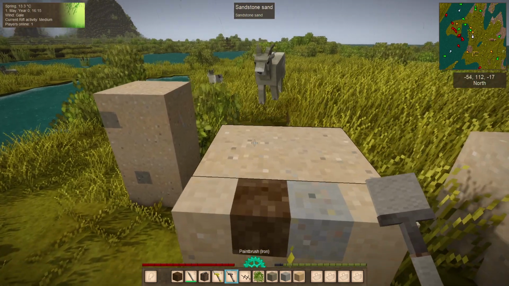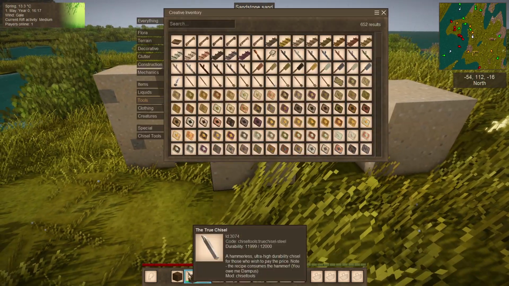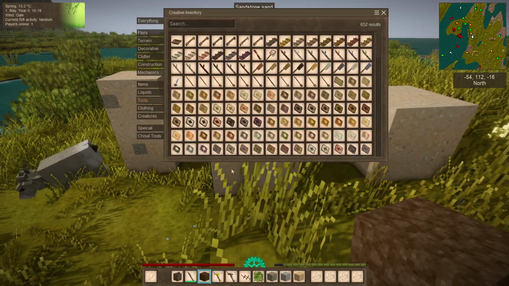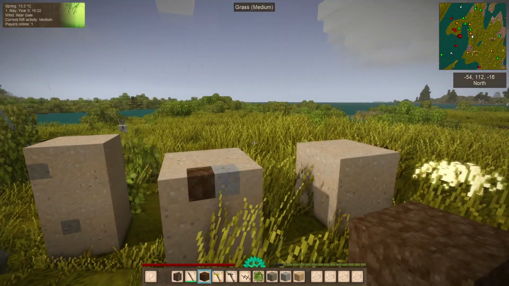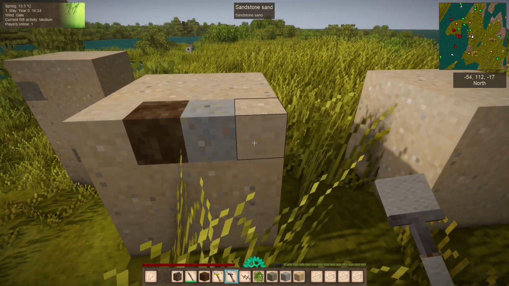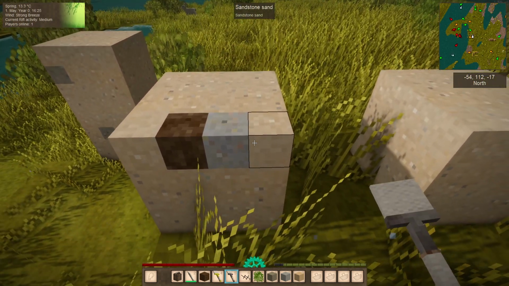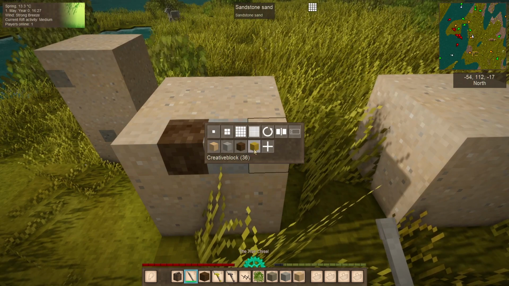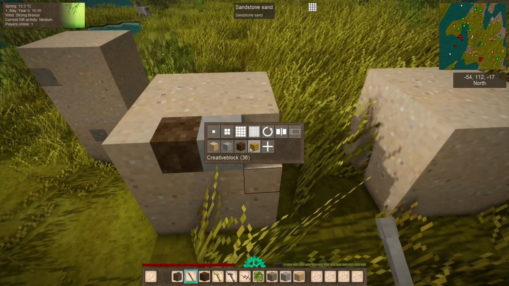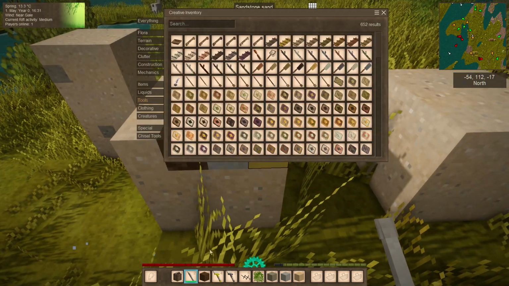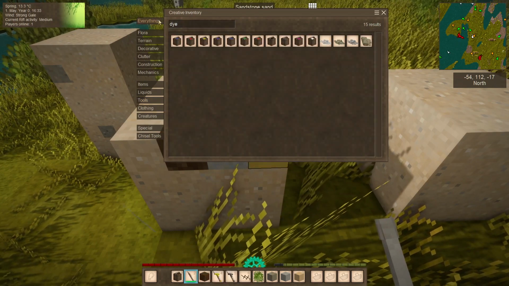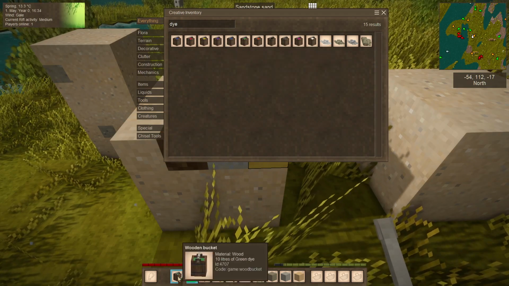So the new things, and actually let's also go through this because this is not something new, but it's something I forgot I had put in there. You see here I have a bucket of yellow dye, and I am going to, we'll just do the shift click. So you can see now you get creative block 36, which just happened. It's a confusing name, but you basically get the yellow because we had yellow dye. So if we have a bucket of green dye, we're going to be able to add green